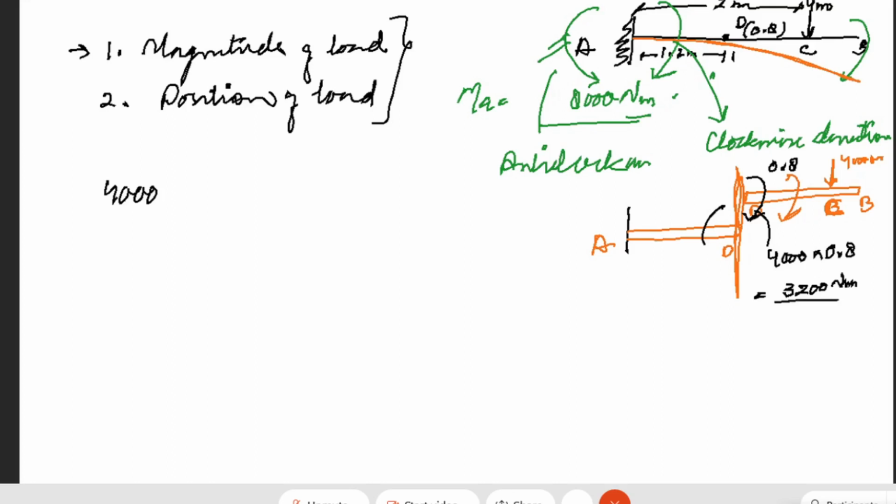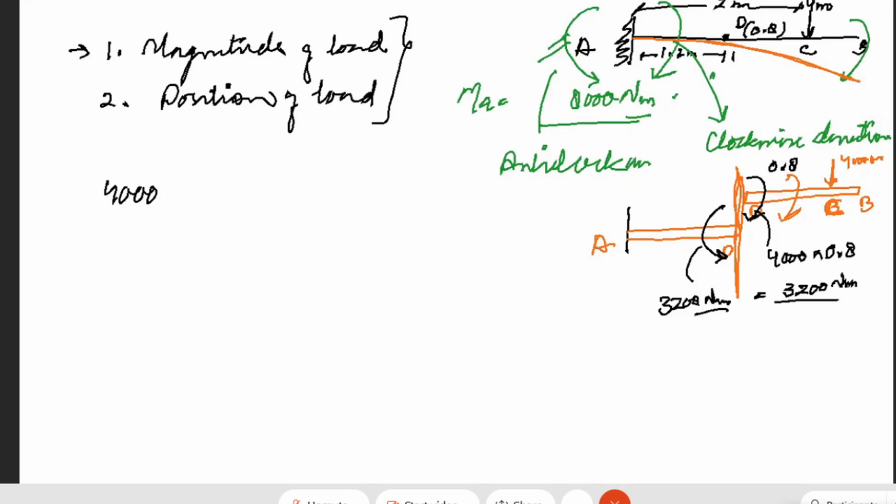Similarly, there will be an anti-clockwise moment of again 3,200 Newton meter. Therefore, you can say at point D we have an equilibrium which has a magnitude of bending moment as 3,200 Newton meter